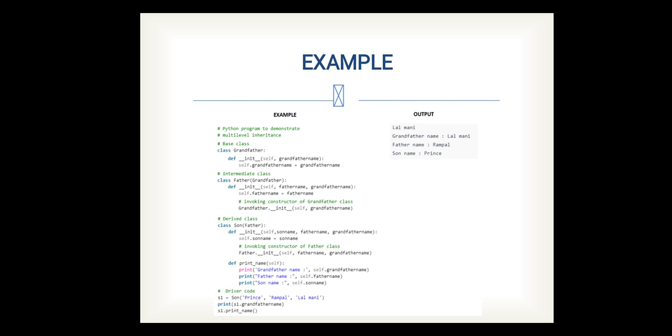So see this example here. Class grandfather is inherited with class father, and class father is inherited with class son. When we create an object of son, pass the parameters, and access the value of the grandfather class, it directly prints the value. It allows the derived class to access the value of the parent class because of multi-level inheritance, so that's why it prints the grandfather name, father name and son name. I hope everybody gets the idea.